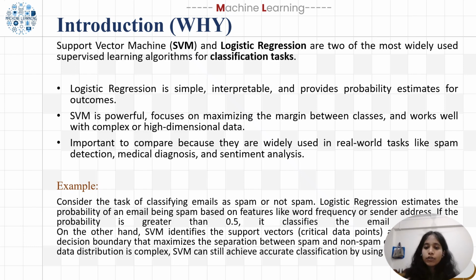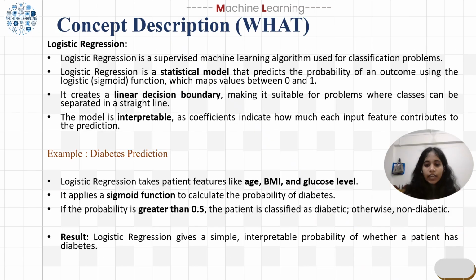Now, let's delve deeper into the concepts of logistic regression and SVM. Logistic regression is a supervised machine learning algorithm which predicts the probability by using a sigmoid function. The sigmoid function is an activation function, and it maps the values between 0 and 1. It creates a linear decision boundary, and because of this, it is easy to classify the classes